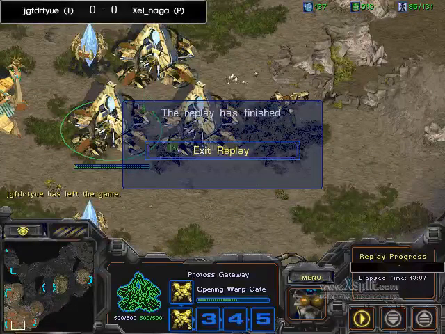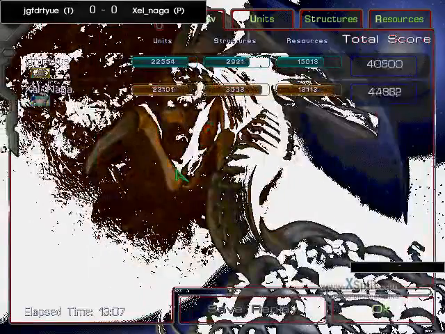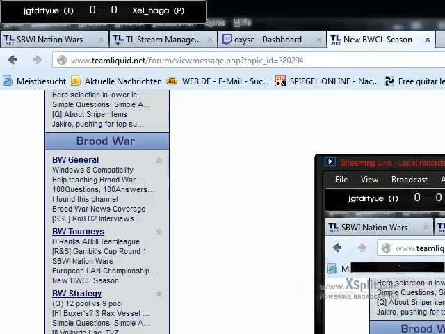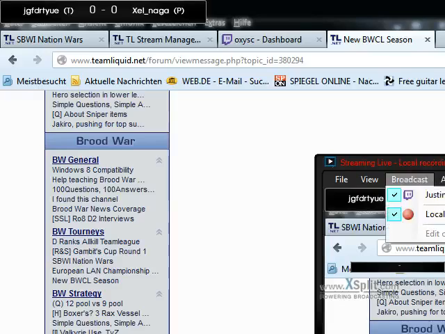Yeah, usually you're in kind of a bad position if your 6 factory push gets destroyed. As you could see in the resource tab, he was quite behind after the attack, because you usually sacrifice a good amount of